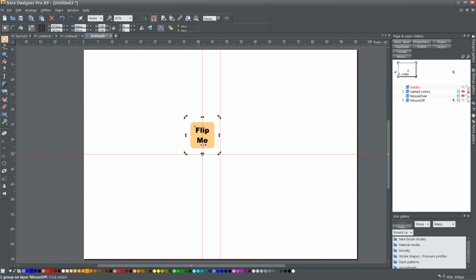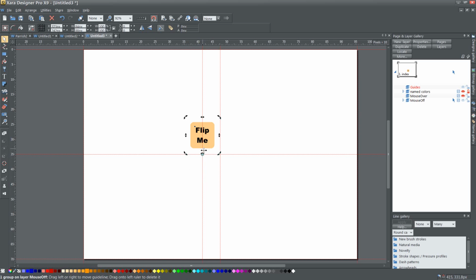Now, what that's going to do is make that the center of my flip, that's the origin position. So when I flip this, and I'm going to create a clone first, I'm going to press Control-K to create a clone. So there's two of these images right now, and all I have is the top one selected. When I tell it to flip it vertically, the clone is going to be on this side of this guideline, an equal distance away from it